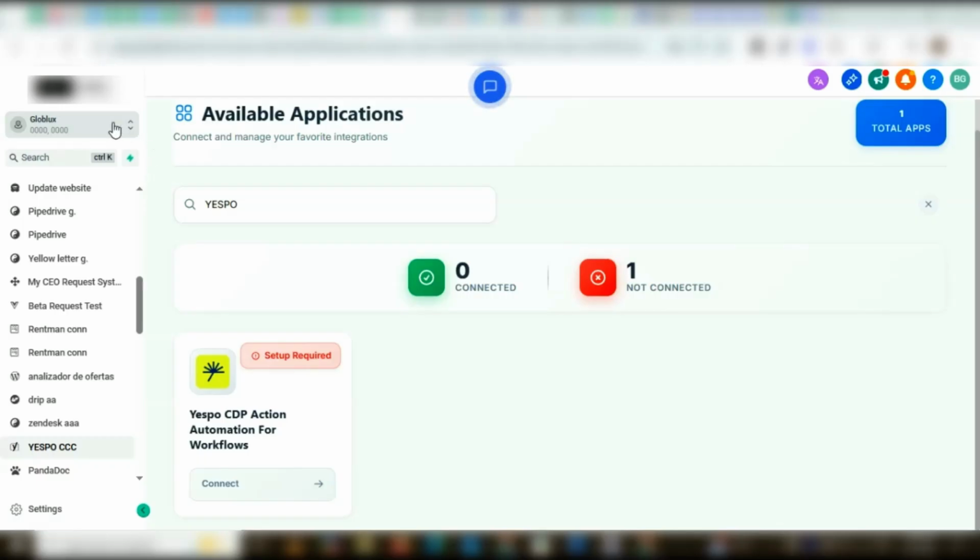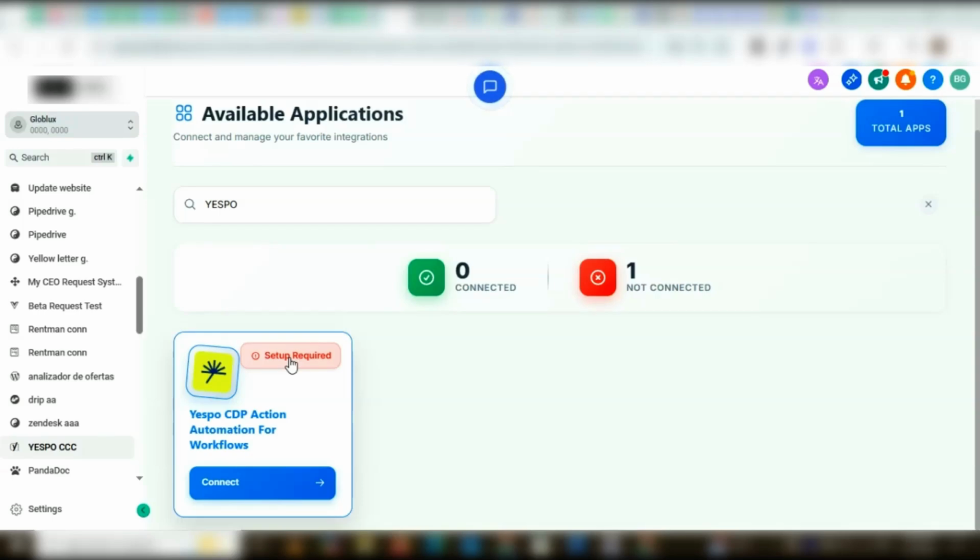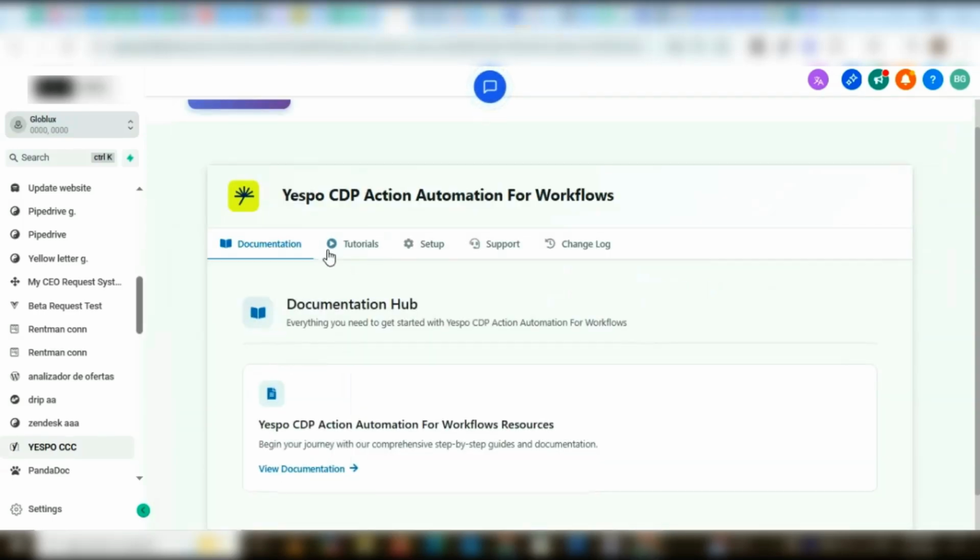Continue. We are going to switch to our account in order to connect the tools to our Yespo platforms. You search for your custom menu link, you click on it, search for the app, and click on Setup Required. Then the interface of the app is going to pop up where you have access to the documentations, and under